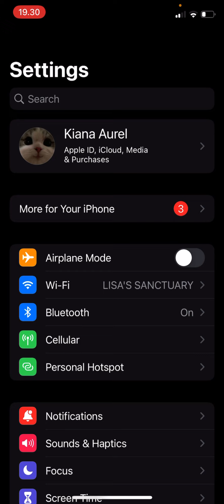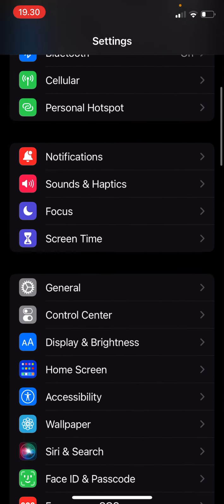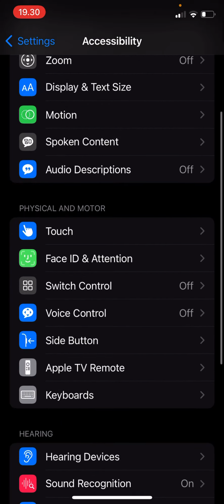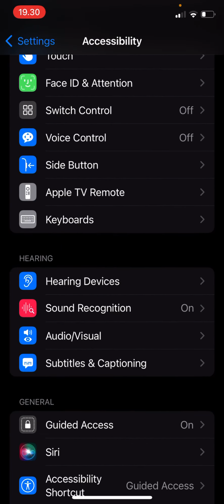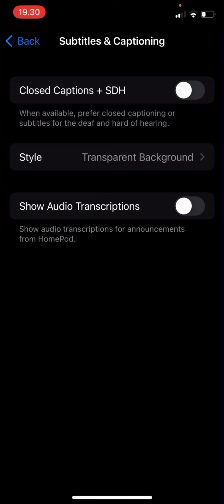In this video, I'll be showing you guys how you can customize closed captions and subtitles on supported video apps on your iPhone. So you're going to go to Accessibility, and you are going to find Subtitles and Captioning. If you want, you can enable this Closed Captions for the deaf and hard of hearing, and here you can